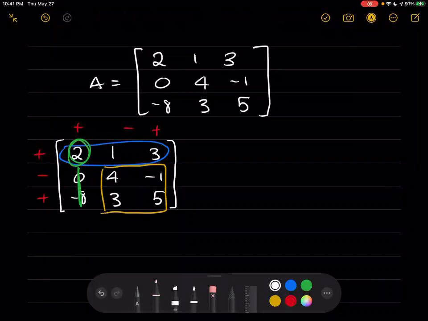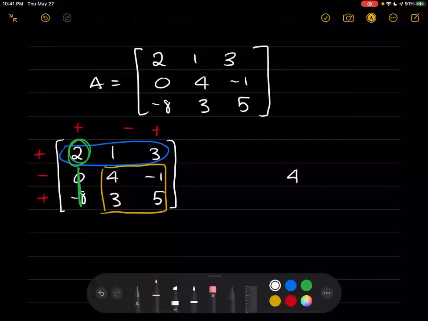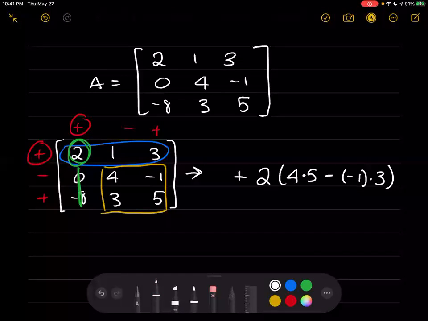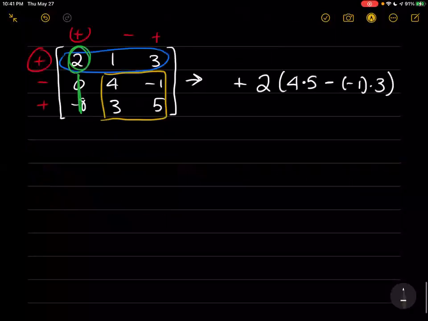Okay, so the determinant of the thing in the yellow box is going to be 4 times 5 minus -1 times 3. We're going to take that, and then the thing above the column we canceled out is going to be a 2, and that 2 has a plus and a plus, so positive times positive is positive. So this is going to be a positive. Okay, so we got that from canceling out that column. Okay, and now if we do the same thing, but with the next column,